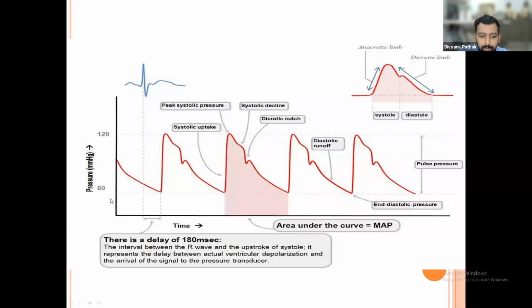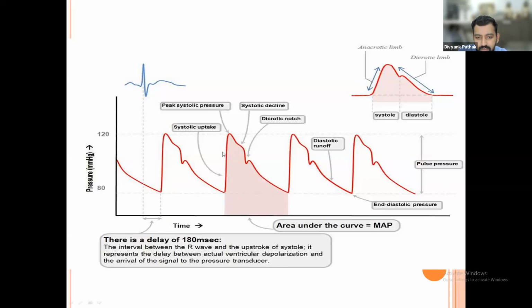But if you are asked to draw a waveform, then you put this as an X and Y axis. Now you always draw a line above the baseline. This point should not touch the baseline, because that is the zero pressure. Now this is the diastolic pressure. So diastolic pressure is 80 here. Okay, and the up point is 120. That is the systolic pressure. So in the graph, it is always above the baseline.